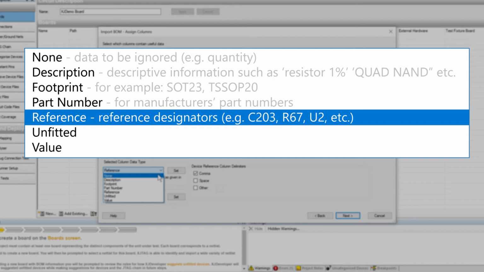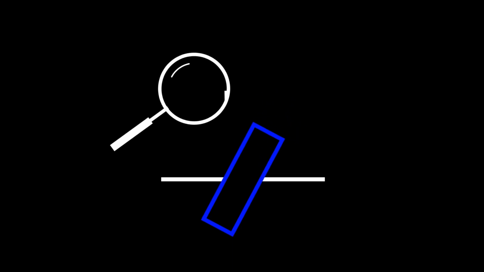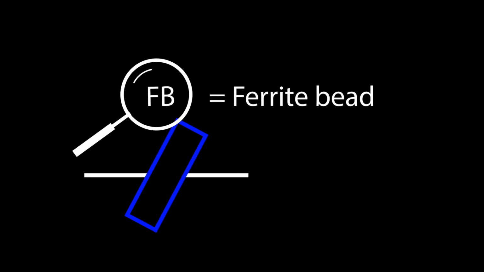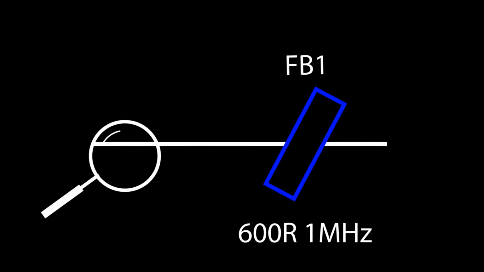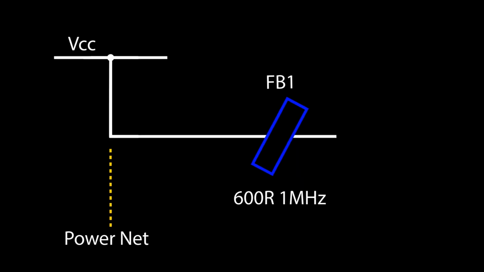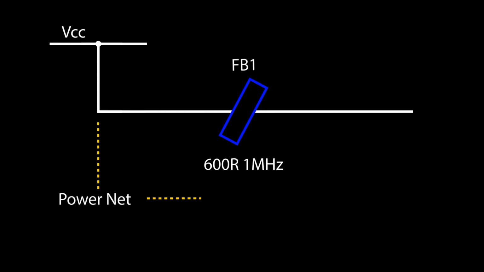The most important point to say is that it's a mandatory column because it's how the software references every device in the circuit. But it's also used when it comes to making suggestions for device categorization. For example, let's think about a ferrite bead. The software can be configured to recognize that devices with references that start with FB are ferrite beads. When XJ Developer subsequently searches for power and ground nets, if it finds an FB device with one pin connected to a supply rail, it will suggest that the net on its other pin is also a power net.